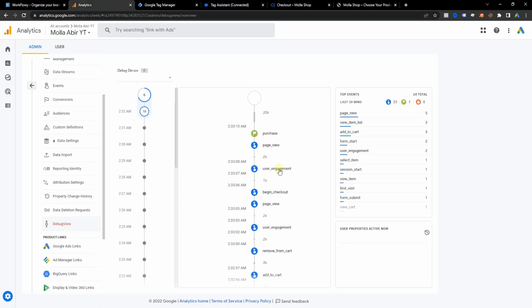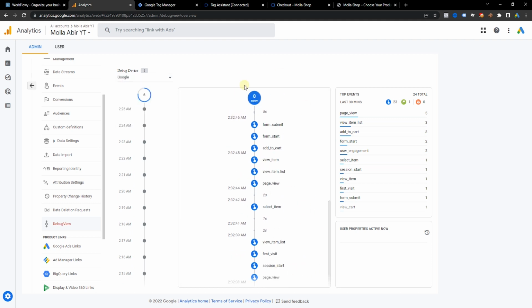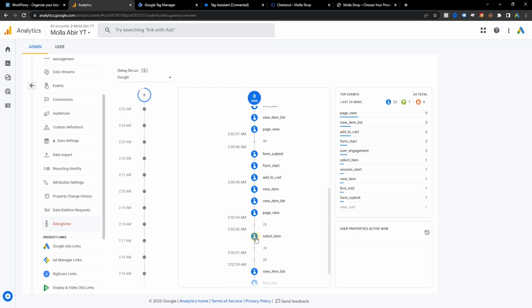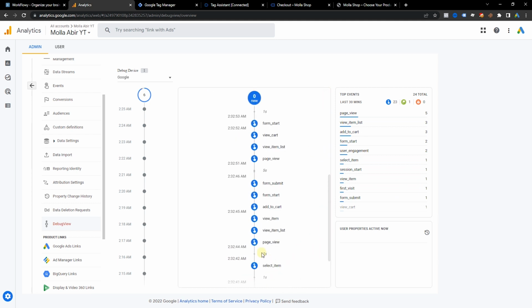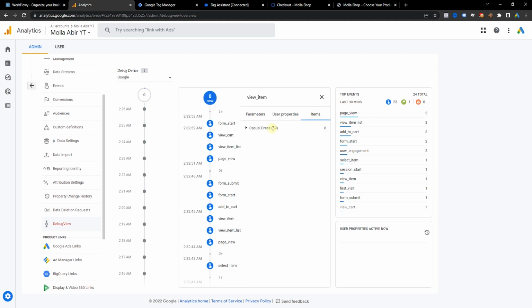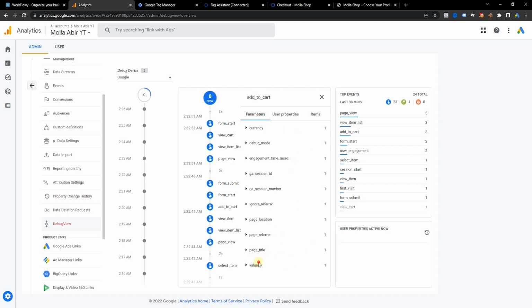If I go to Google Analytics, as you can see, here our events came from the website. This is our past visit, view item list, select item means product select. And this is our view item means product view. If I go to items, as you can see, here are product details: item ID, quantity, item name, brand, categories, prices, $40.46. If I go to add to cart, and again, as you can see, here is our add to cart